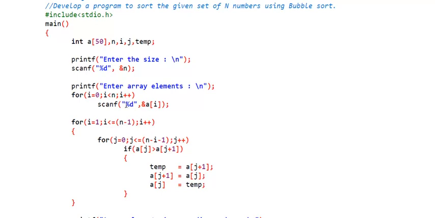So here inside the double quotes %d, that is the format specifier for the integer, and then comma ampersand a of square bracket I. What is a[I]? When I value is 0, it is reading the first element. After reading the first element, I value is incremented to 1. Then &a[1], it will read the next element, and so on. It will read a[2], a[3], and so on until a[n-1], that is the last element.